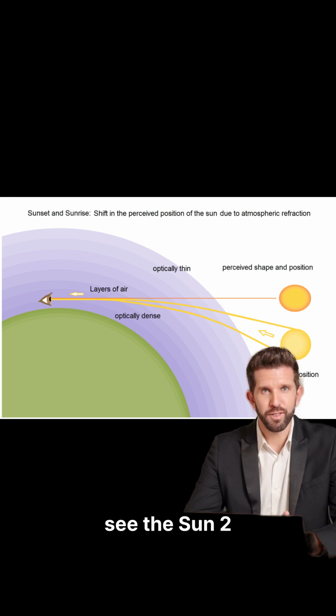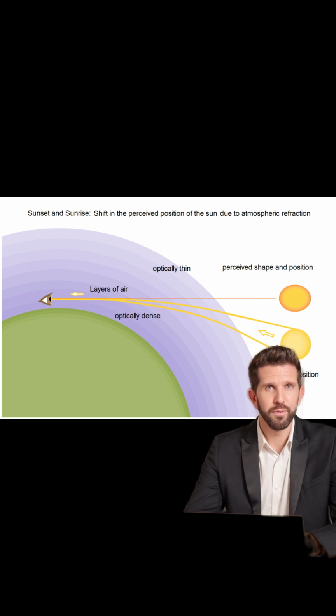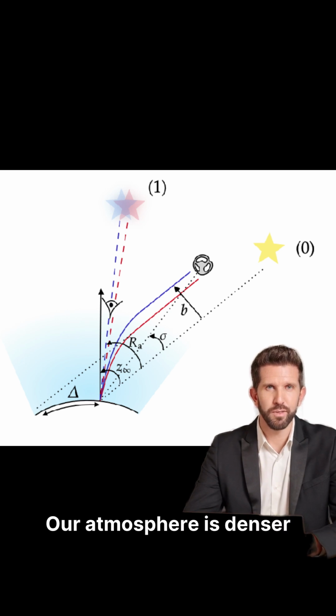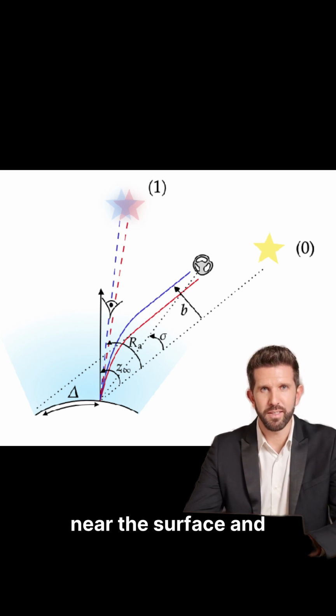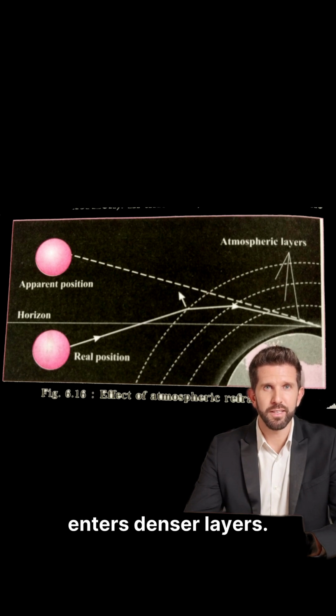Did you know we see the sun 2 minutes before it actually rises? And we keep seeing it for 2 minutes even after it has set? This happens because of atmospheric refraction. Our atmosphere is denser near the surface and thinner above. Light from the sun bends gradually as it enters denser layers. This bending makes the sun appear slightly higher than its real position, so we see it even when it is